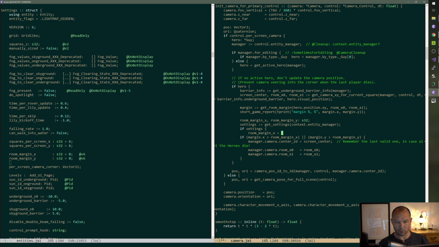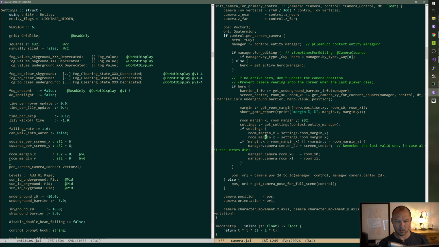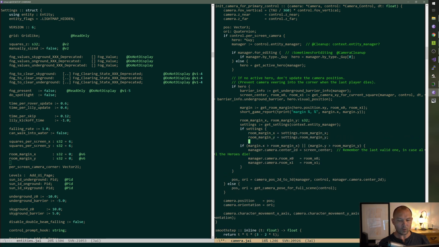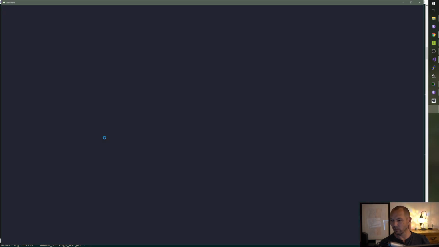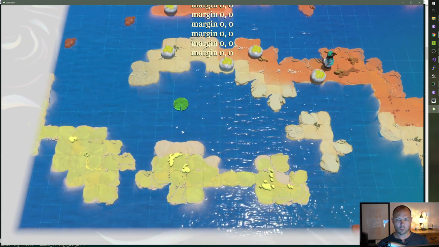Oh, room margin x. Okay. And we just put it in xy on that entity. We didn't put it in a vector 2i. Okay. So margin